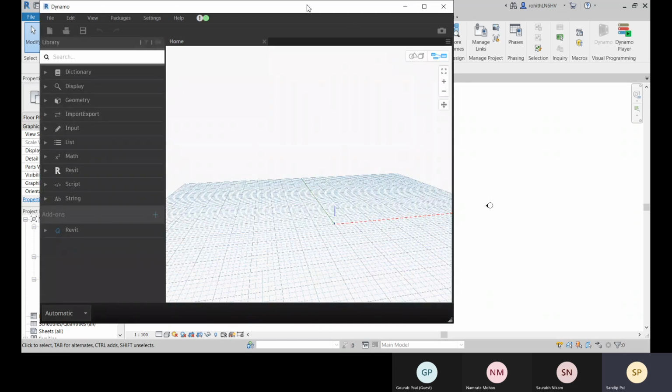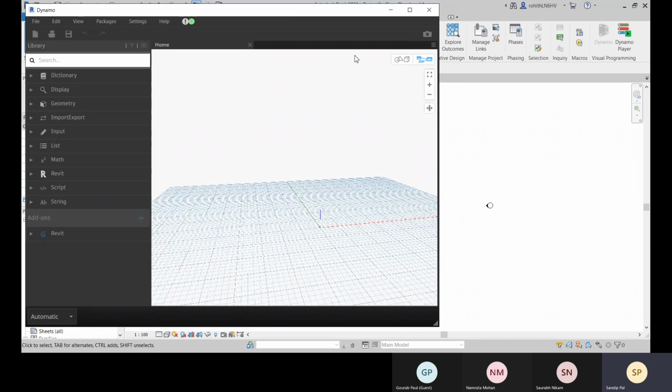Okay, so today we are going to execute grids. In the last classes, we have learned how to create points and how we can connect them with the line option by start point and end point, and with some code blocks we have also learned to create some nodes. So we will use them to create grids, because in Revit that is our first task. So let's do that basic thing.